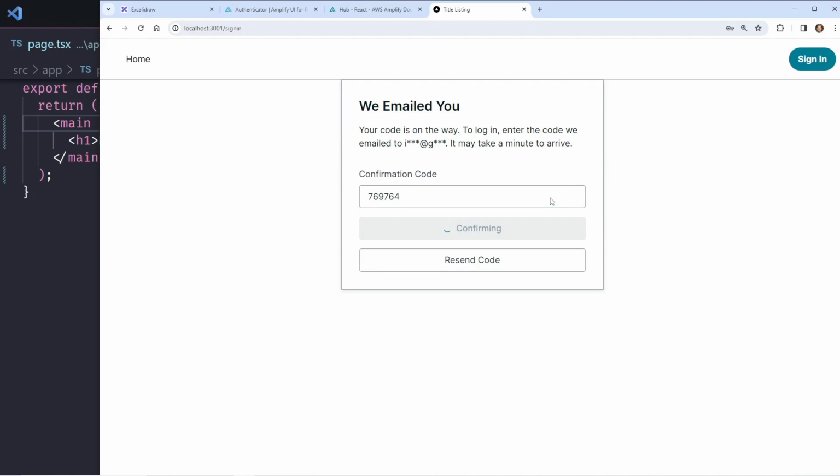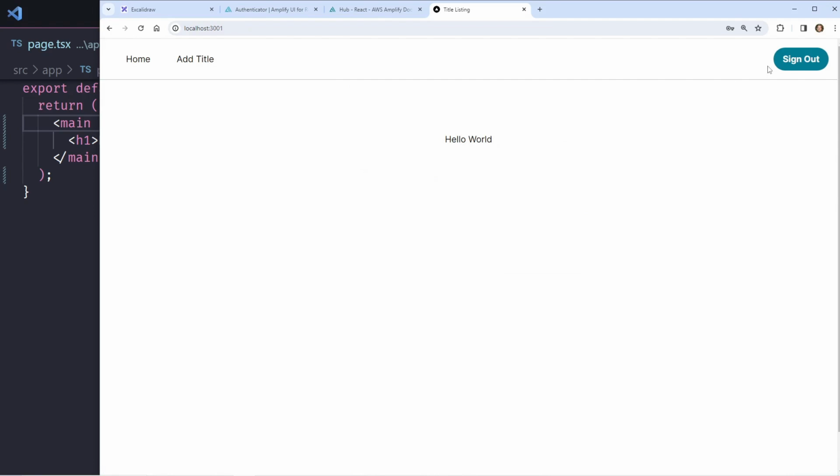769-764. Click confirm. Cool. Now it says sign out at the top. So now I have essentially an add title showed up. Now we don't have anything in this route yet. That's great. Now one thing that we do have a problem with, so if I click sign out here, this